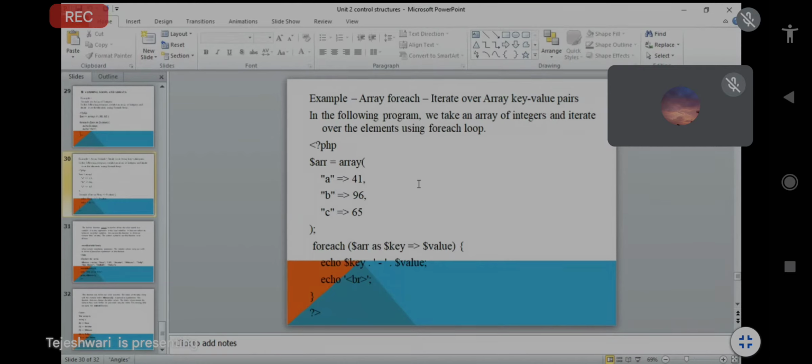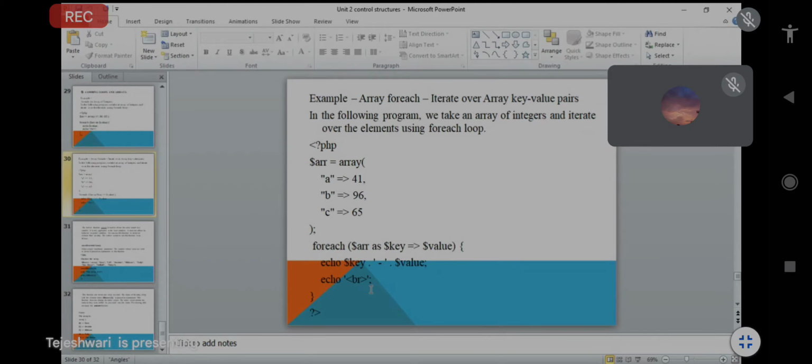But this example is nothing but the same key value pair, and we have to take the foreach loop, but here we just declare the variable integers, that is the different thing. Next we have to take the foreach. In the foreach I just take one variable that you already mentioned above, that is $array, which we already declared.